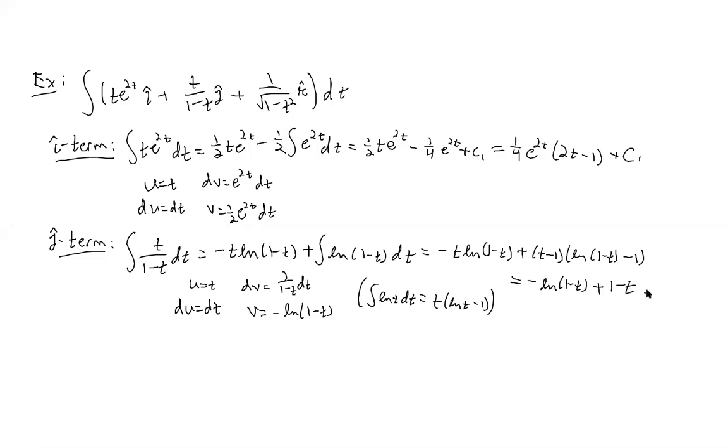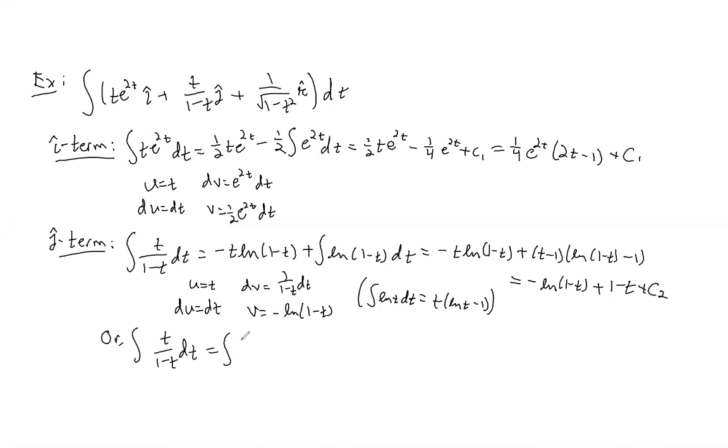And of course, you still have to include the plus some arbitrary constant c2. Some people won't include the 1, by the way, because of that arbitrary constant c2. They can just absorb the 1. But anyways, another way of doing this is you could also write this as the integral of t over 1 minus t dt. Turns out, if you're very clever, you can write this as